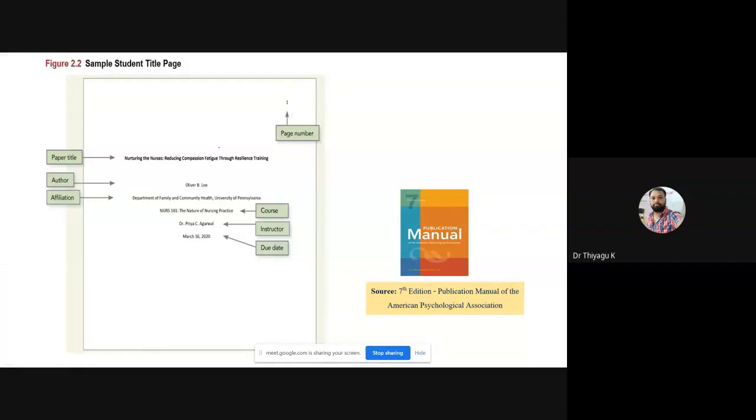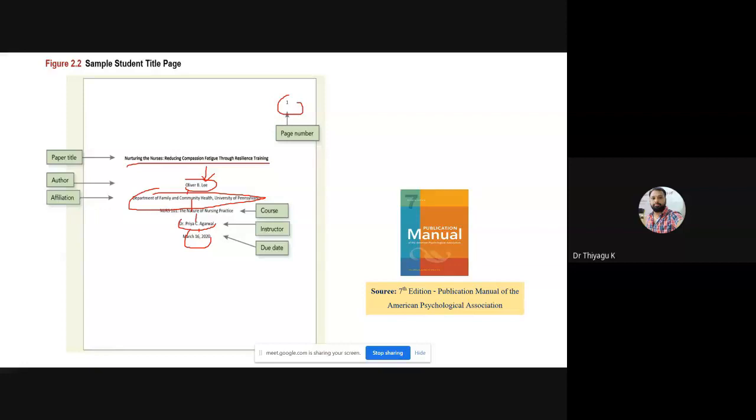I'm just selecting the red color. Yes, this is the page number. Then the paper title, then we have the spaces, 2 plus 2, so they give 4 spaces here. Then this is the author name. Then these are the affiliation names. The next author name, the date of publication, everything is there. See here, there is a space in between, everything is double spaced. This is the structure. We have to properly follow the APA structure.